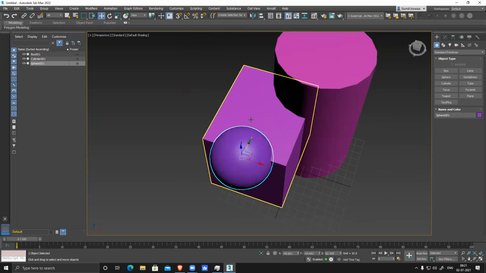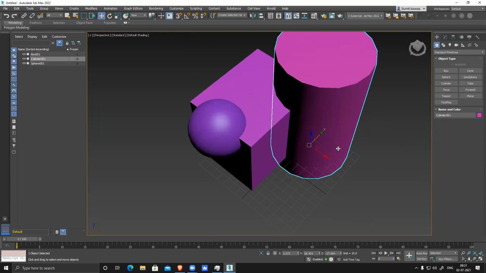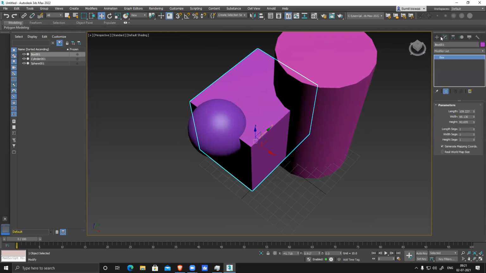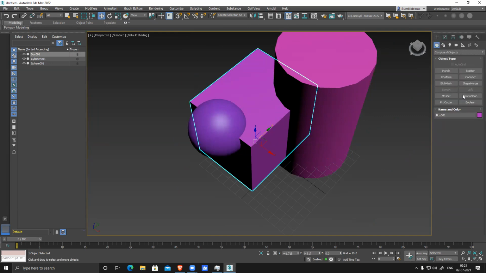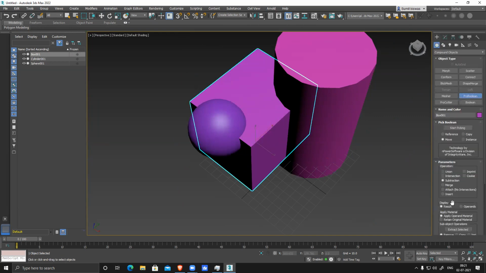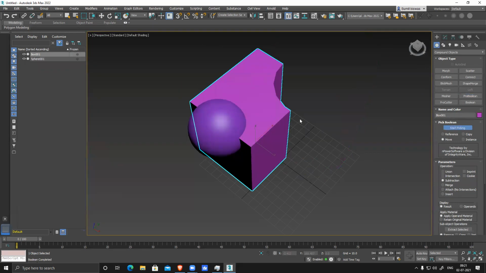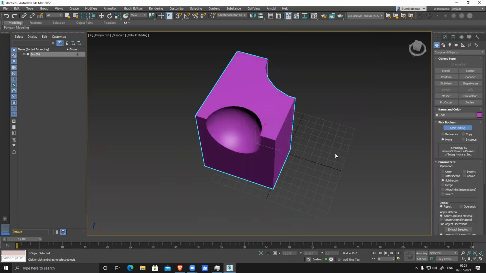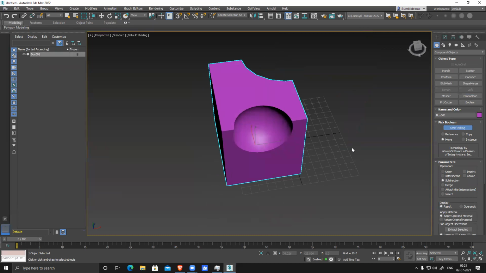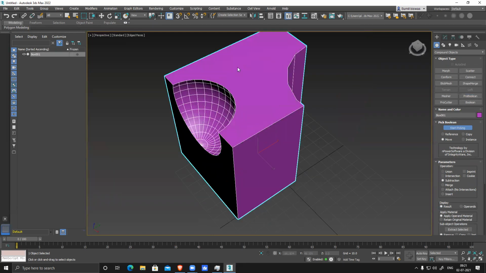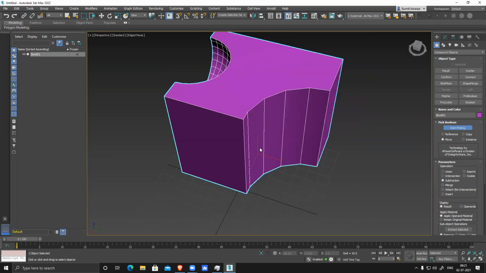So I have created this thing and now I have to boolean this thing. I can keep this corner wherever I want to keep. So this is my main model. I'll go to compound objects, ProBoolean, and by default subtract, start picking this one. So it creates nice, clean geometry. But if you press F4, you can see the topology, it's full of n-gons, which is not acceptable at all in industry. So now how do I fix this model?